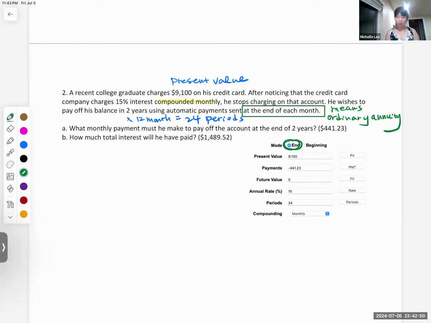Present value and payment, that's the question, so we need to click this one. And future value, we make 0. Annual rate, 15%. Period is 24 periods. And they said compounded monthly, so we click that. So we get this much payment,